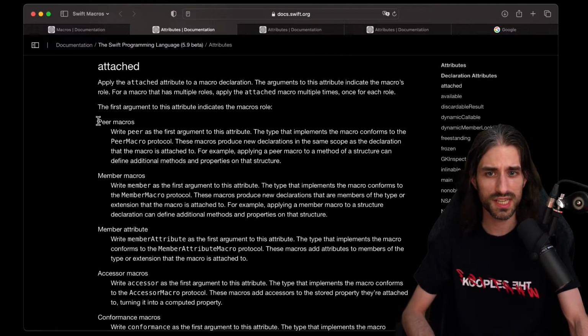And the peer macros here, I find them very interesting because I had tried, back when property wrappers were implemented, to introduce syntax similar to a networking framework on Android called Retrofit, which uses annotations to say, on this method, I want to have this argument, which is a get in my request.